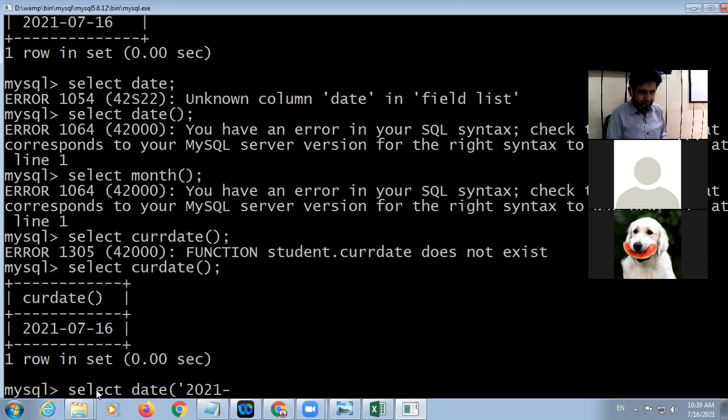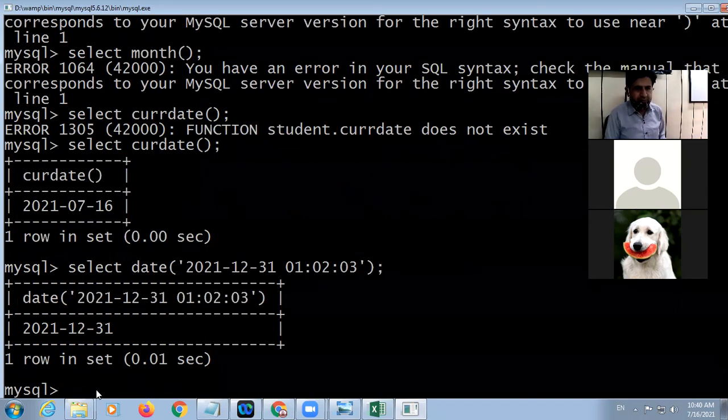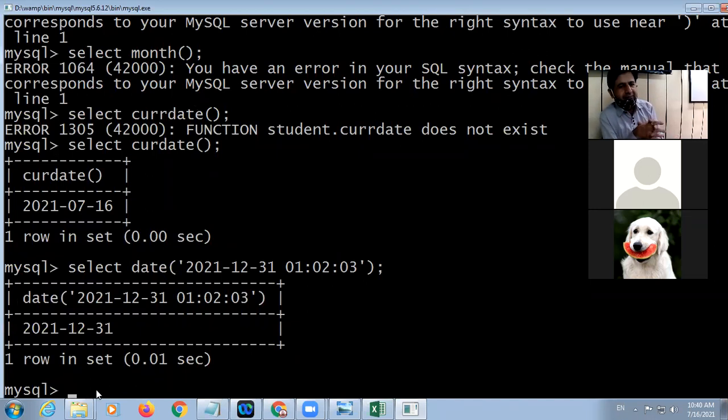I am giving here 31st December 2021, and after that I am giving time. So this function will pick the date from this one. It will ignore the time. It will pick your date only.